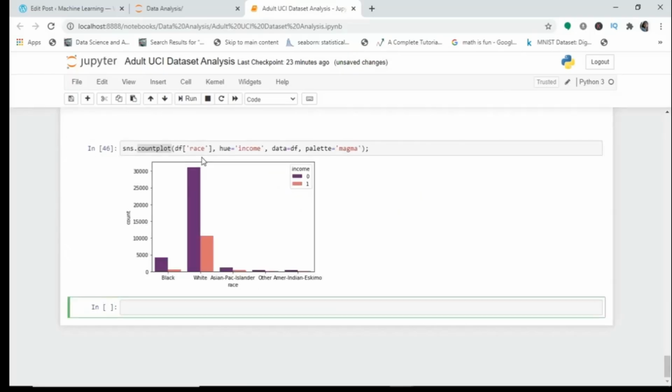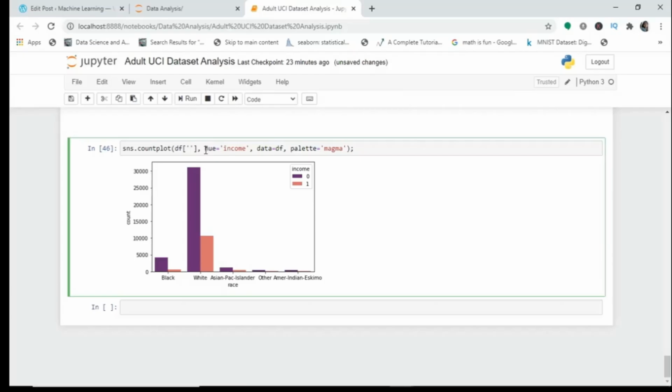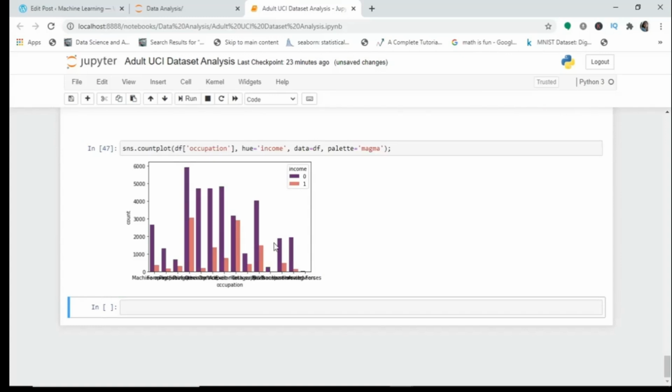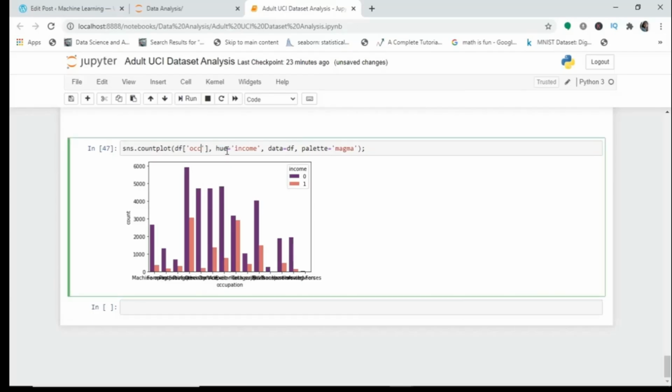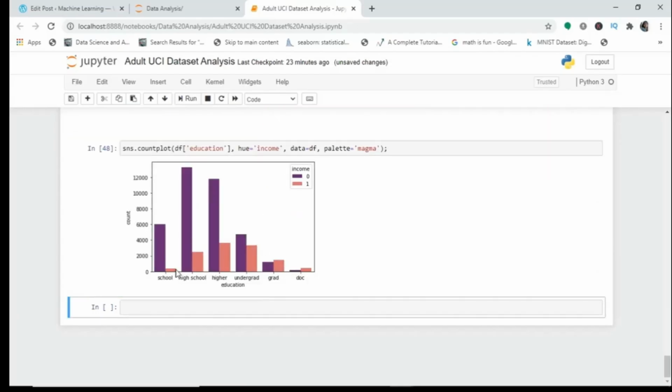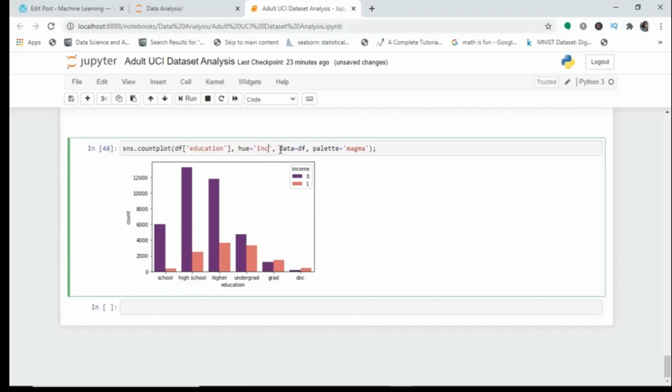Now you can experiment with this, like you can have your occupation and let it be income, and you can see, okay, this is a little haphazard, so I can write here, let's take education. Okay, so you can see in education you've got hue income. Now if you don't want this, you can just play around with this. You can take gender, you can play around with the palette, and I think I can take seismic. Seismic, okay,